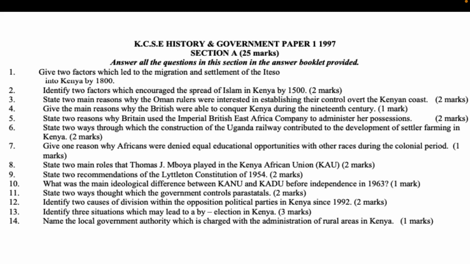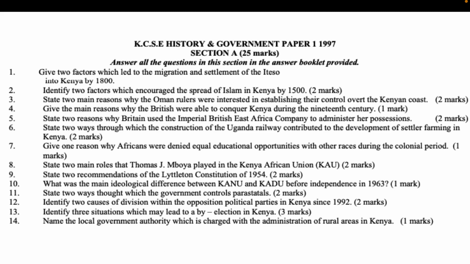1 mark. State 2 reasons why Britain used the Imperial British East Africa Company to administer her possessions. 2 marks. State 2 ways through which the construction of the Uganda Railway contributed to the development of settler farming in Kenya. 2 marks. Give 1 reason why Africans were denied equal educational opportunities with other races during the colonial